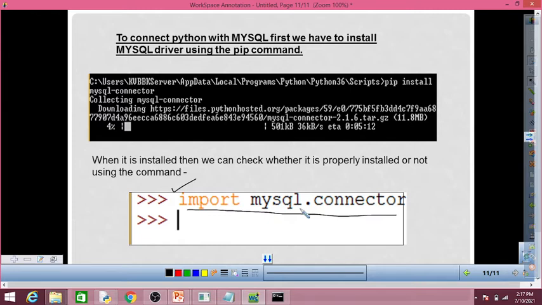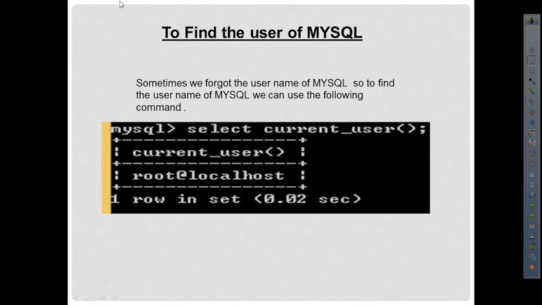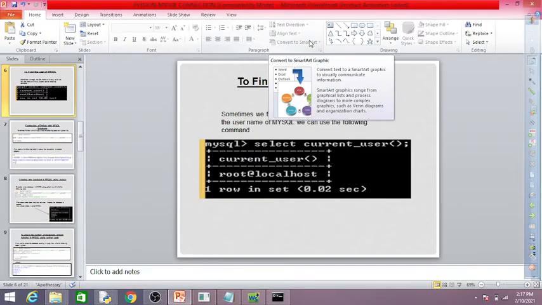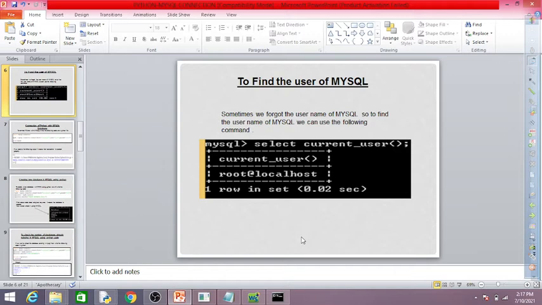In the next slide we will see that sometimes we forget the username of MySQL. To find the username of MySQL, we can use the following command. If we forgot the username of our MySQL, then we can type this command: select current_user.